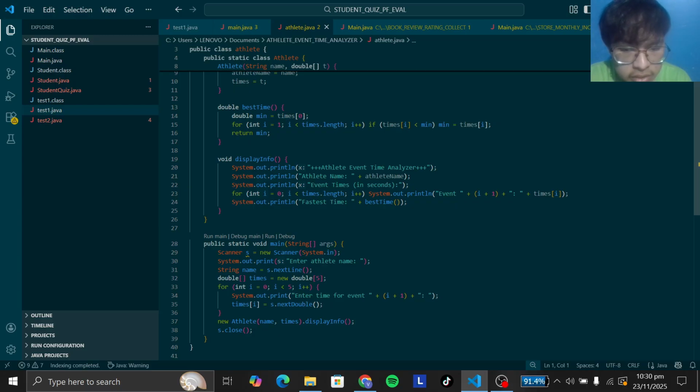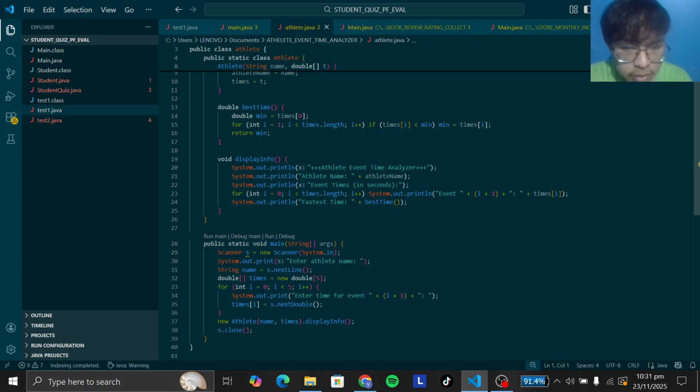This demonstrates object-oriented programming by combining data and behavior into a single object. Finally, the scanner is closed to free system resources, which is a best practice to prevent memory leaks.